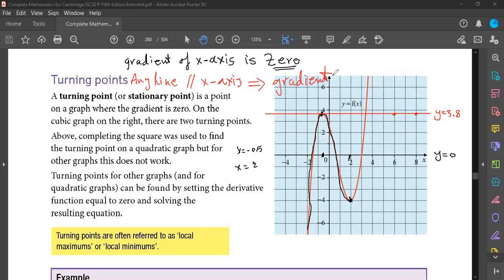Gradient is 0. We will benefit from this information: we see the stationary point, which is the first turning point, the tangent at x has a gradient of 0. So the differentiation at the turning points is always equal to 0. The differentiation dy over dx at the turning point is supposed to be 0. So when you hear the word stationary, understand right away that the differentiation dy over dx